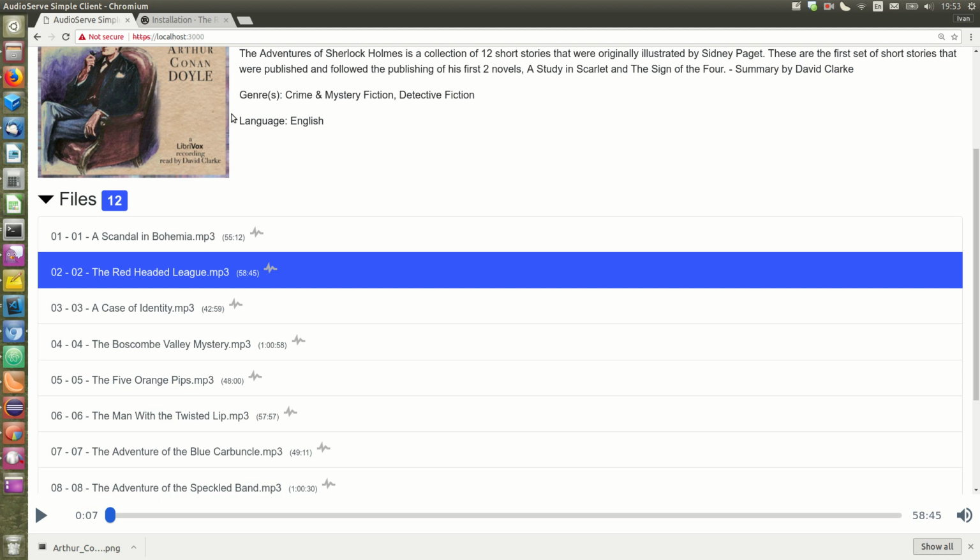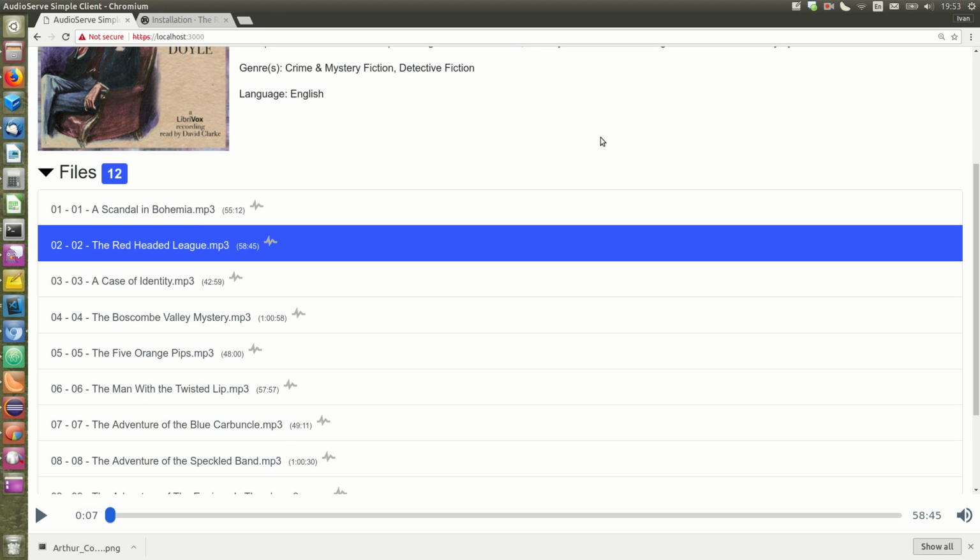So these files are transcoded as indicated by this wave icon. But even for the transcoded files, we can seek very quickly. So I can